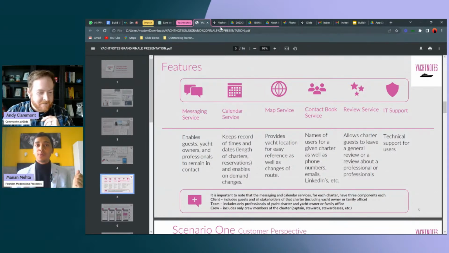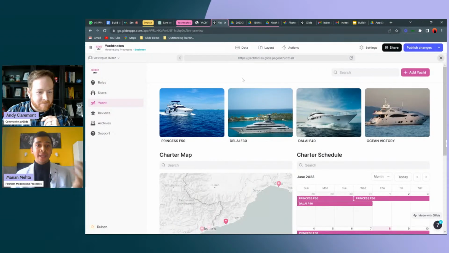Here, what we did was we met him, understood exactly what he wanted to do, and then most of the things that I mentioned could be done on Glide. And in 3 weeks, no other platform in the world would be able to make something like this. So we decided to build the whole MVP on Glide, and we put together something like this.